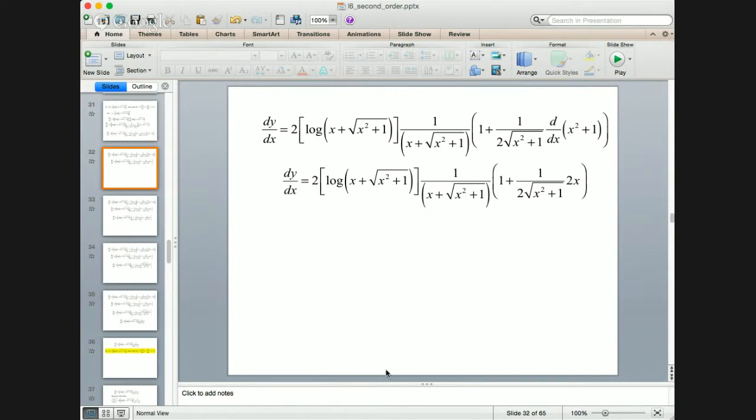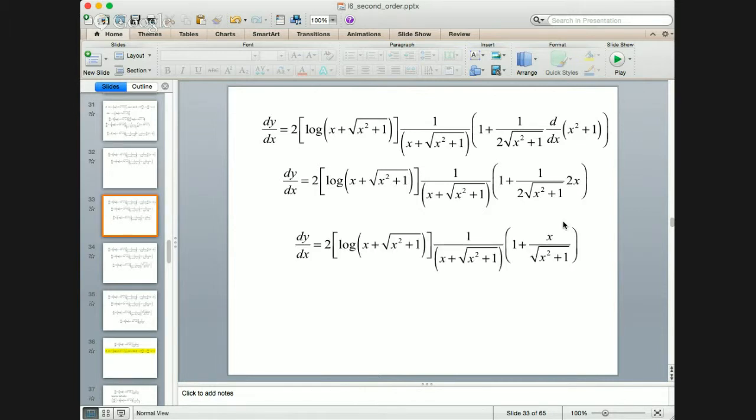So you get this long expression, 2 times log of x plus root of x square plus 1 into 1 by x plus root of x square plus 1, and into, keep the brackets very, very carefully, 1 plus 1 by 2 root x square plus 1 into 2x. So if you just take a look at it, obviously this 2 and this 2 would get cancelled. And a little bit of LCM simplification done here would lead to